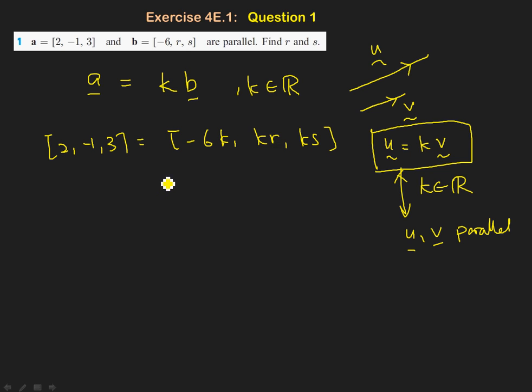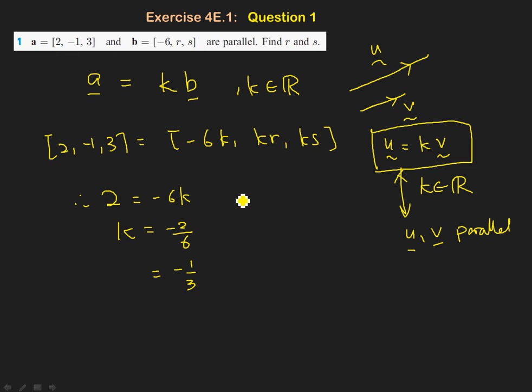If you now compare the first component, 2 on the left-hand side is equivalent to -6k, and clearly k is then 2 divided by 6,